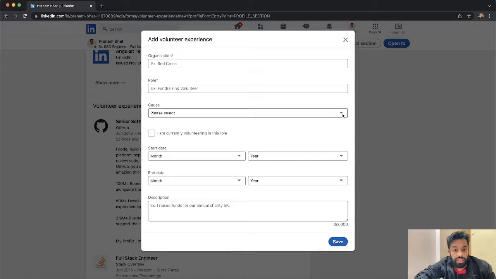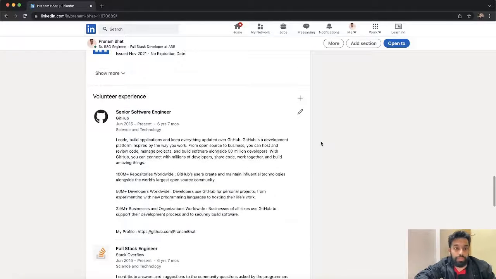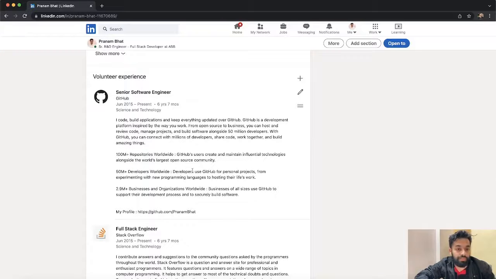Add all the details, and you can save it. Once you save, it will appear under volunteer experience with all the details.